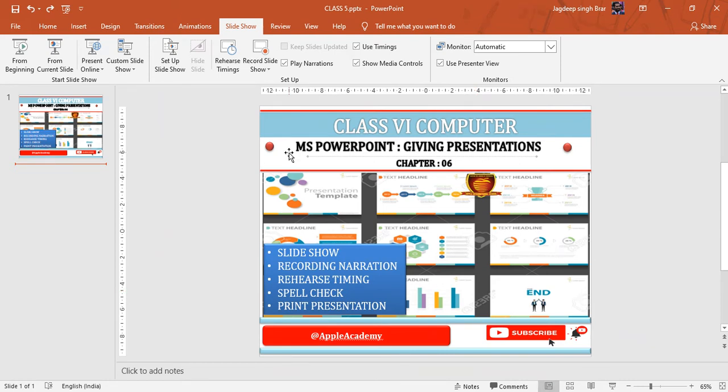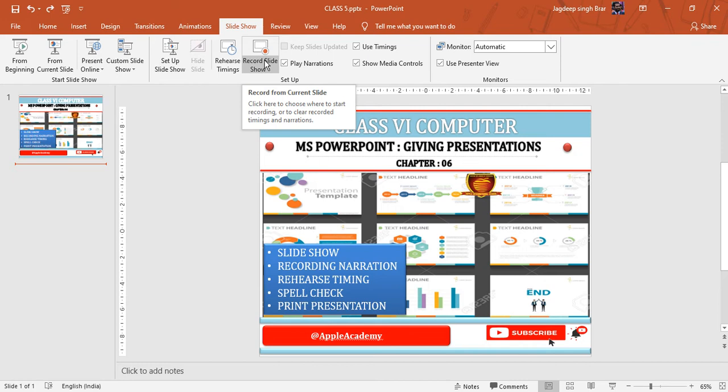Next is recording narrations. MS PowerPoint allows you to record the narration for the slideshow. As you record the narration, it stores the file separately so that the slides are synchronized with the narration you recorded. You can connect a recording device to your system and make sure the microphone software is installed in it. The various steps to follow to record your narration for the slides are: first, go to the record slideshow